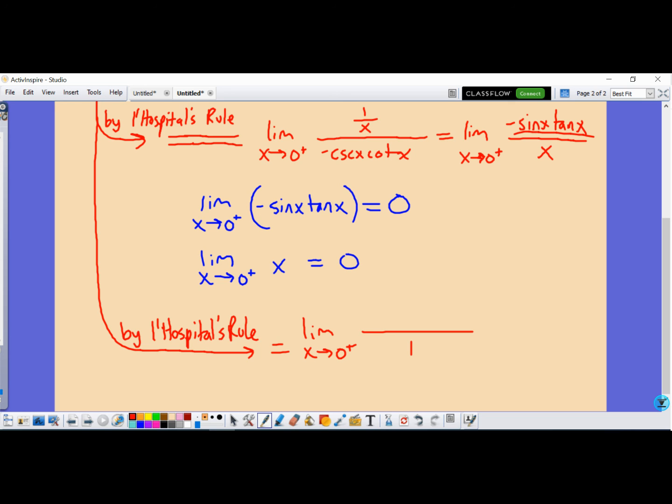On top, we have a product, sine of x times tangent of x. So we're going to do a product rule. Derivative of sine. I'm just going to put the negative on the outside and kind of open parentheses. You can do it however you want as long as you're consistent. Derivative of sine of x is cosine of x. Derivative then times tangent of x, plus, and then sine of x, remember I factored the negative out, so however you do it, just make sure you're doing it consistently. Either distribute the negative as you go or keep it factored out. Sine of x times the derivative of tangent of x, which is secant squared of x. And